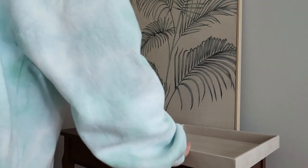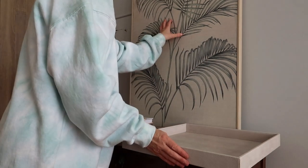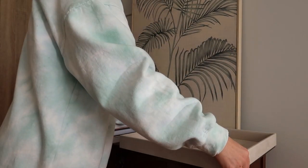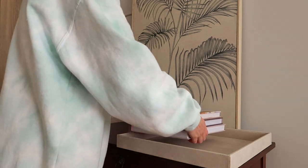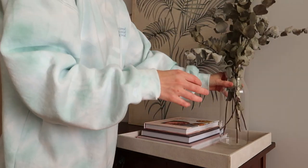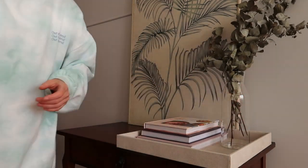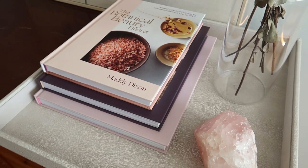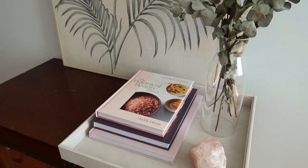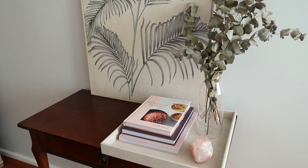I got this little side table from the Salvos for maybe 20 bucks last year or the year before, and it's honestly my pride and joy. And I wanted to do a bit of styling on top of it using those 3 books that I got from Kmart. And I also had got a bunch of flowers ages ago, and it had some eucalyptus branches in it. So I ended up drying them out myself and made this little setup,